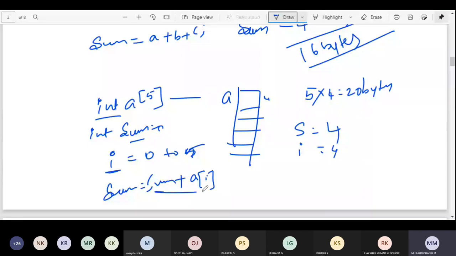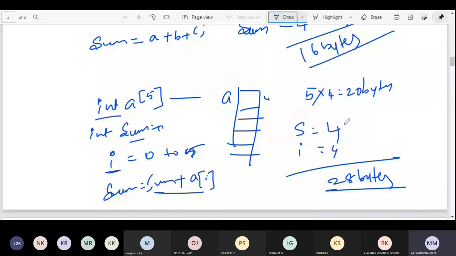Does it change? No. So totally 20 plus 8, 28 bytes. Totally it is taking 28 bytes. This is how we will calculate the space.